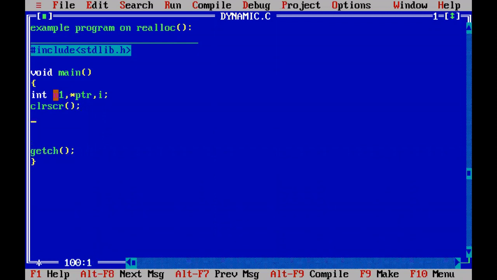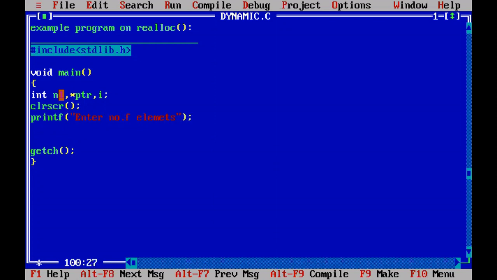And now we have to know for how many elements we are going to allocate the memory. That is represented with n1, the first size. So ask the user for how many elements he is going to allocate the memory dynamically. Enter number of elements.